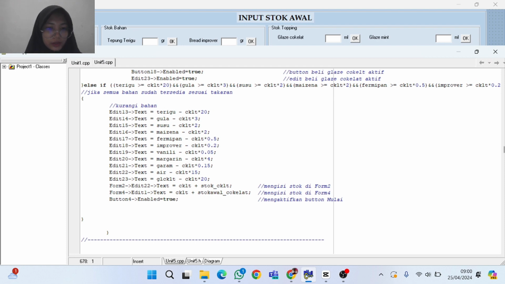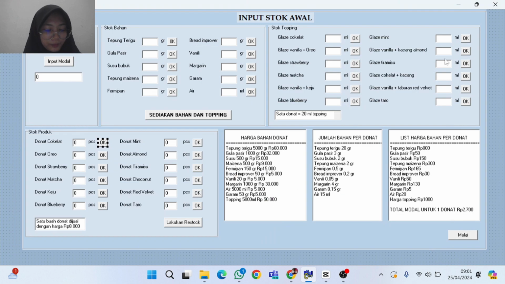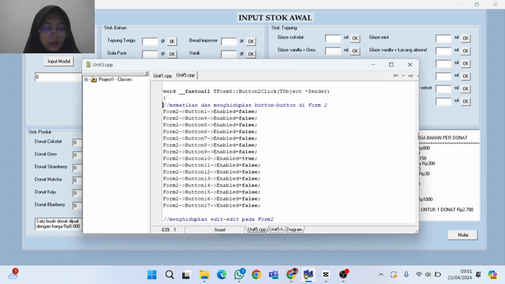This is the start button, which means that if only chocolate donuts are input, then the cashier can start selling. Here there is a restock button to add and display form 2 back after the donut restock.